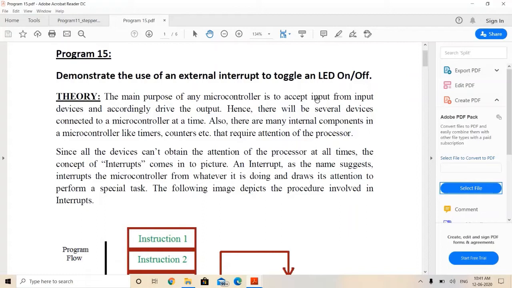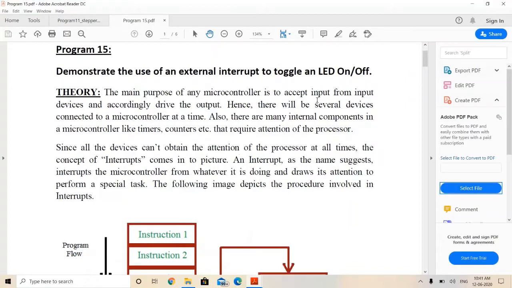That is what we call an interrupt. And after providing the service, the processor comes back to the task where it had stopped. Okay, so that is an interrupt.